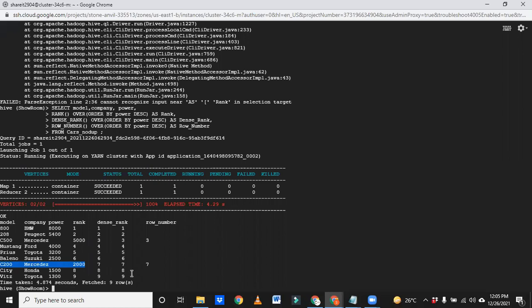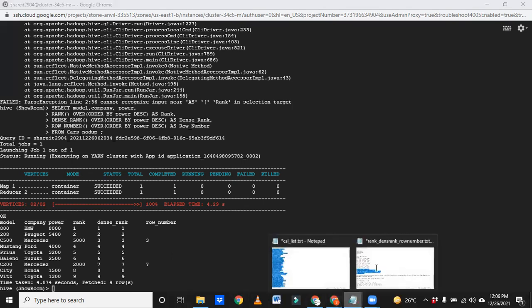Okay, guys, I think you understand, right? If we do not have any duplicates, then it will give actual data, continuously 1, 2, 3, 4, something like that. If we see the same or similar data, then only it will assign 1, 1, 2, 2, 3, 3, something like that. If we have only unique records, in that case all the functions will work similarly. That is the reason we are seeing the same data for these three columns, since these are all unique records. So that is the difference.